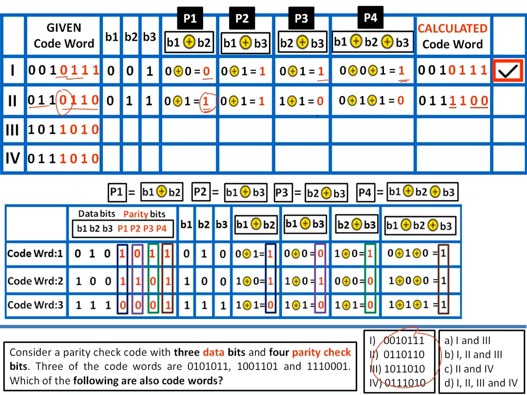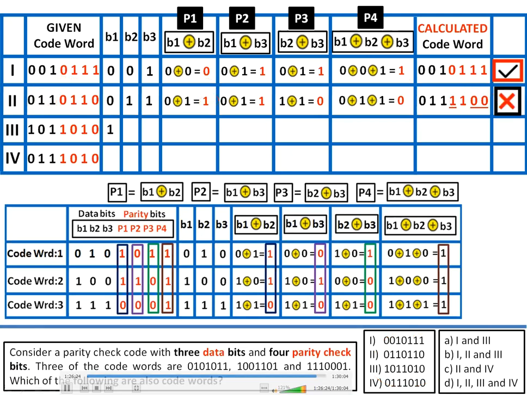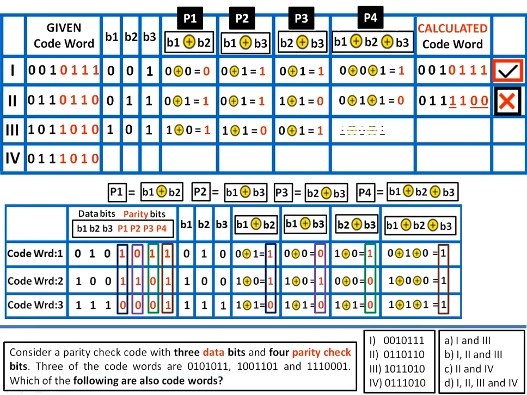So there is the code word. With this data word, your code word should be this much. So which is not right. Similarly, 101. Again, it has been matched. With these 3 data bits, your code word will be this one. And this one is matching. So obviously perfect.